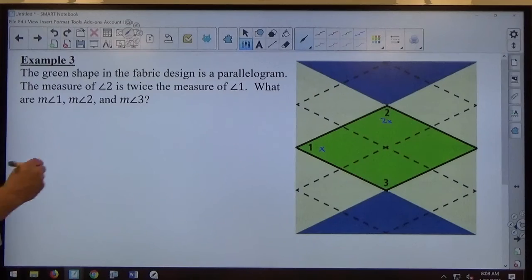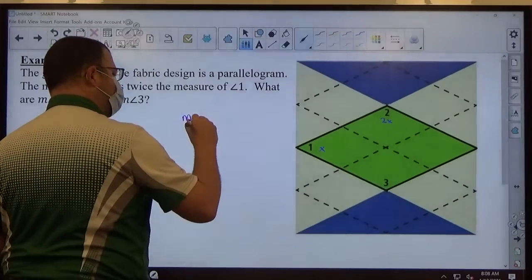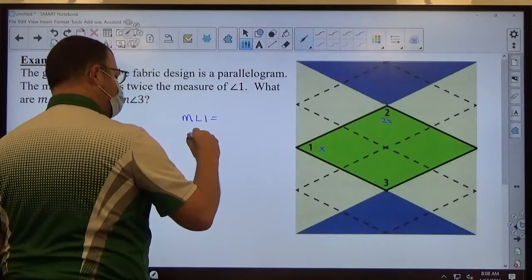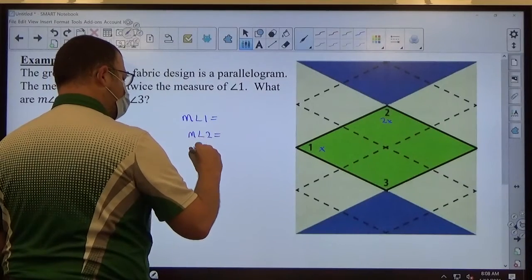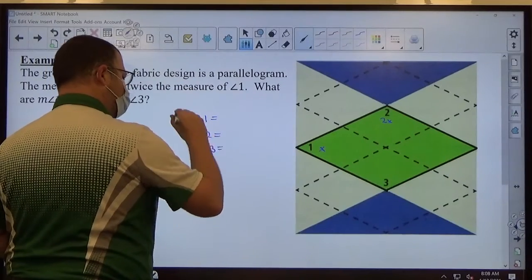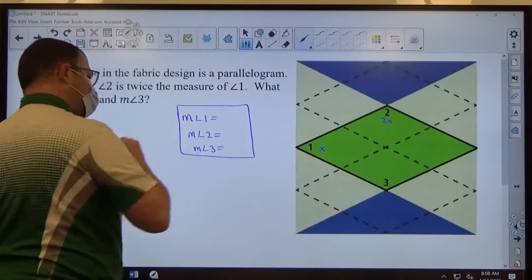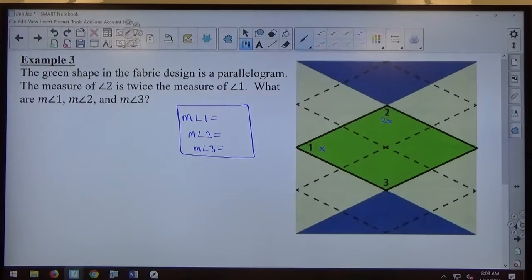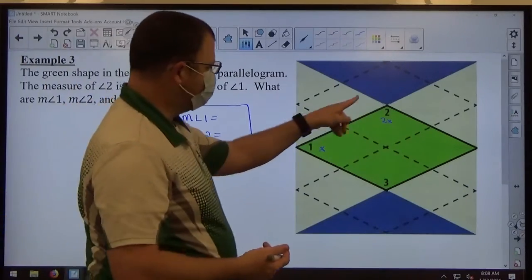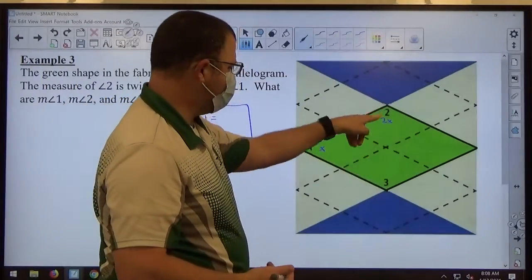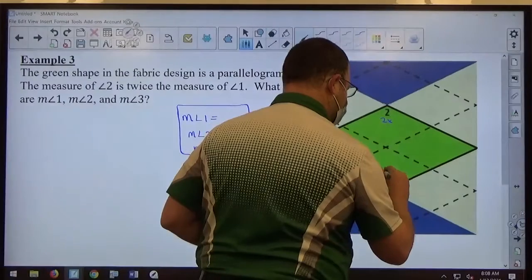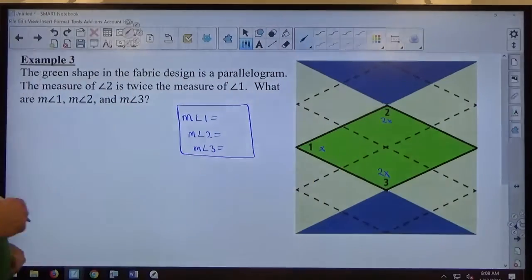So if I go ahead and construct my answer box, measure of angle 1 equals something, measure of angle 2 equals something, measure of angle 3 equals something. So that's what we find out, we can record them. If angle 2 is equal to 2x and 2 and 3 are opposite, that means 3 is also equal to 2x. So, first off, the fact that 2 and 3 are equal is true, but it's not helpful in figuring out what